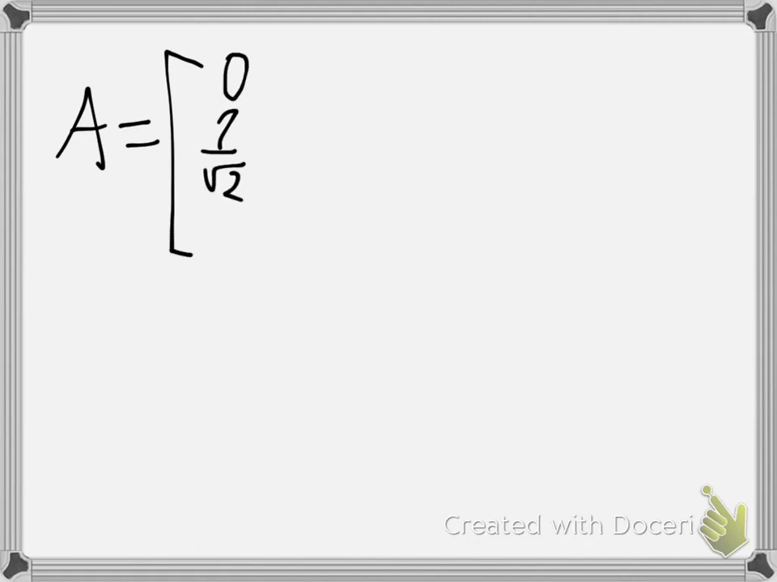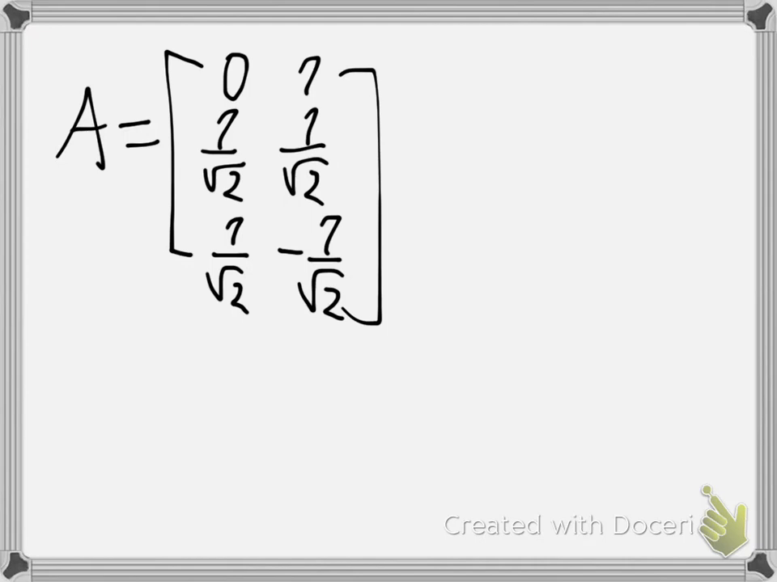Here we will solve a least square approximation problem using the singular value decomposition. So let's say I have the following matrix: 0, 1 over square root of 2, 1 over square root of 2, negative 1 over square root of 2. Okay. So that's my matrix, and